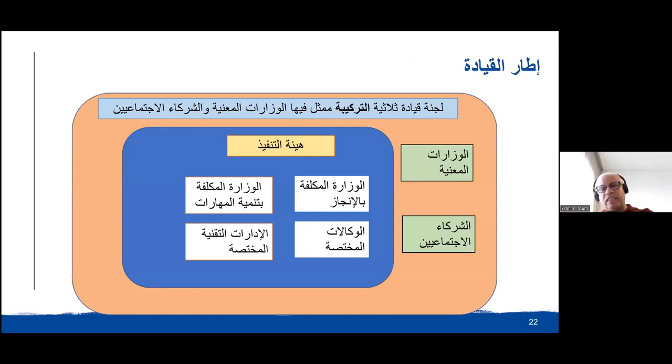For leadership, this is a simplified example, because in the leadership also we can find different and more complex examples. We have leadership at different levels. So we can have, for example, the concerned ministries that are represented. And also we have the social partners like the employers and the representatives of the trade unions linked to the different ministries. So to the right, we can see the specific ministries and the social partners, the stakeholders.